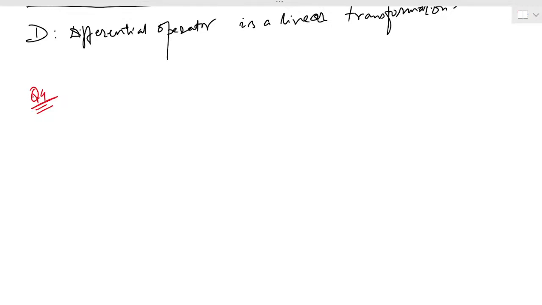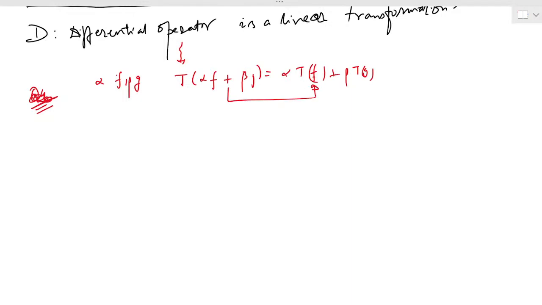Okay, so understand this particular scenario that I told you just now: I had taken two functions like f and g, and took T of alpha f and beta g, and I had proven that it equals alpha T f plus beta T g. So this is how I can say that my T is a linear transformation. The same thing can be extended